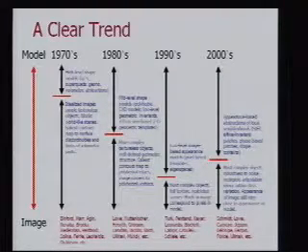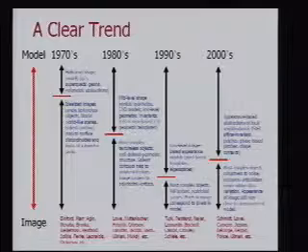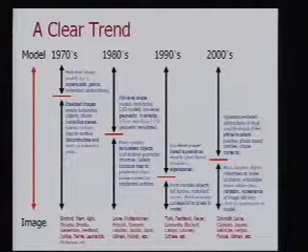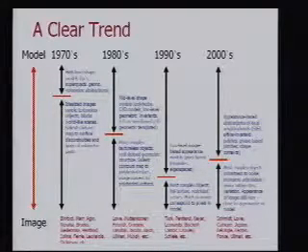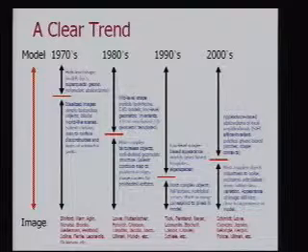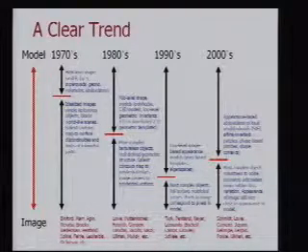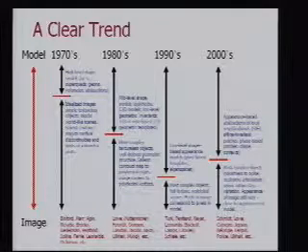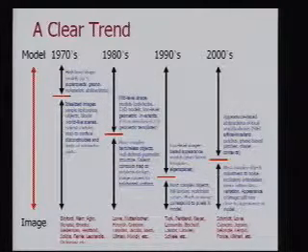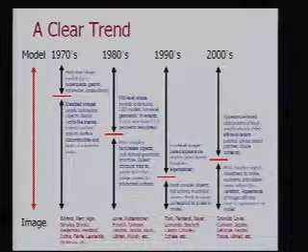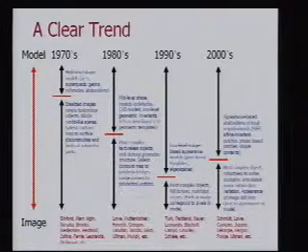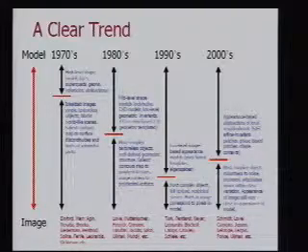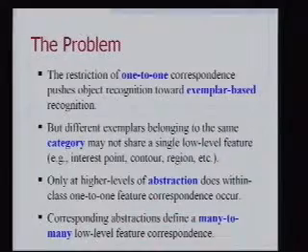They couldn't be textured objects, couldn't be too much clutter. And again, we assumed that contours and corners in the image matched one-to-one to polygonal edges or vertices on the model. And still, even in the 90s, when we brought the models all the way down from very categorical models to images, templates themselves, there's this assumption of one-to-one correspondence of local features, beginning with pixels in the 90s and up to things like SIFT features and even back into contours, which we're seeing a resurgence of now. So this one-to-one correspondence has been invariant for the most part through the last 4 decades of work on categorization.